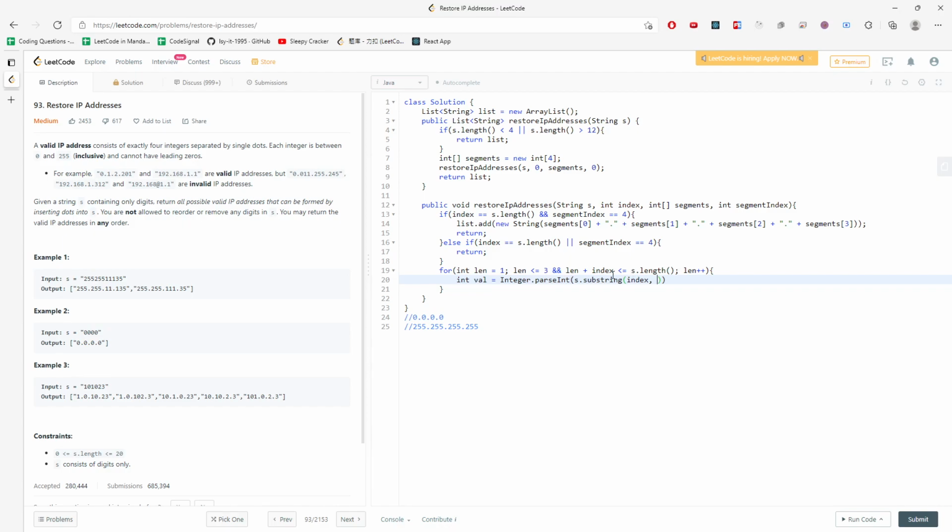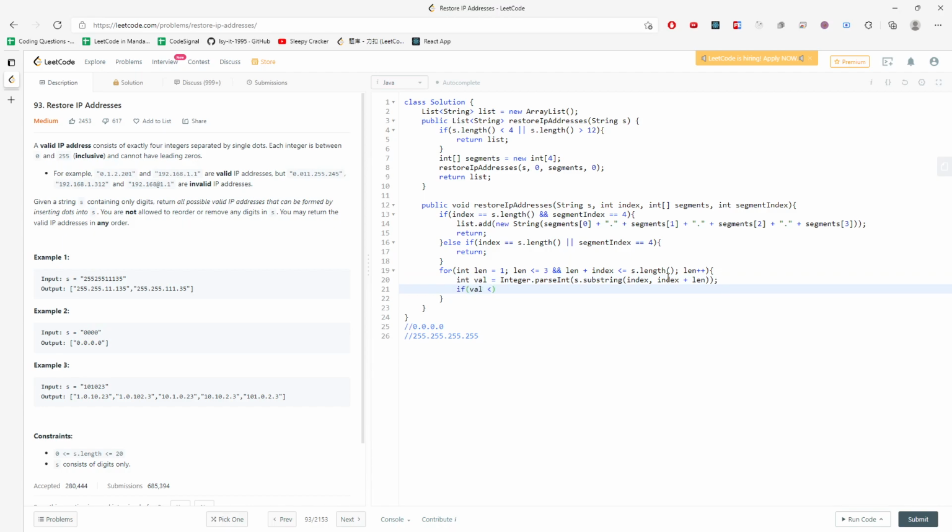So the current position is 0, 0 plus the length, so it could be 1, so 0 to 1. But you don't include the last one, since substring excludes the last character. So index plus length. Just make sure you know what the substring method does, and also